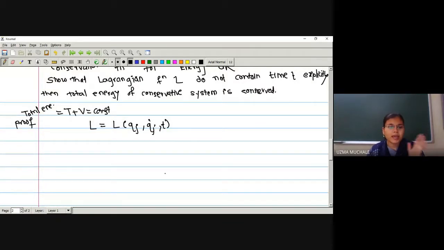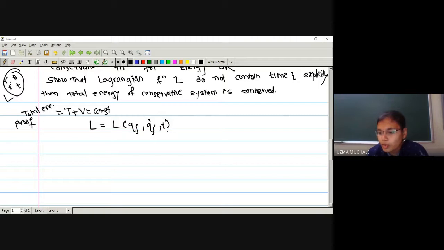Up to now, for whatever Lagrangian we have constructed in the examples, you can go back and see that the Lagrangian L consists of generalized coordinates and generalized velocities. Just suppose it consists of r dot, theta dot, t. These are the things which are involved in the Lagrangian L. And what are r and theta? These are nothing but the generalized coordinates, right? So in general, I am writing that the Lagrangian consists of three things, that is Qj, Qj dot and t, correct?